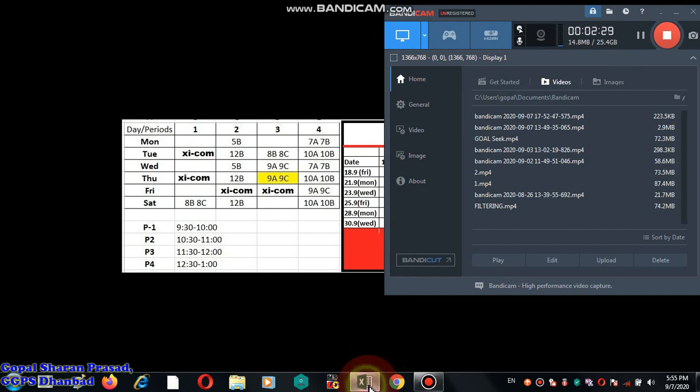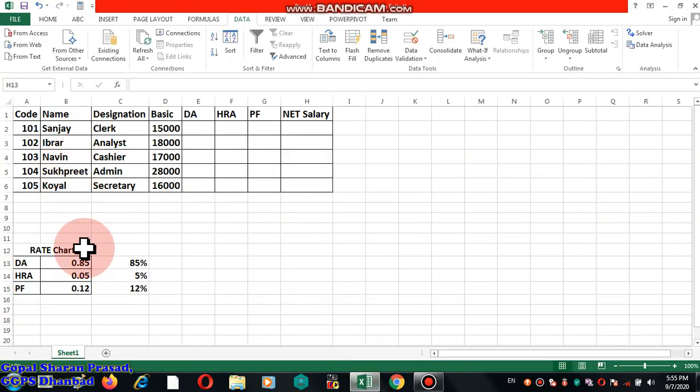I have this data, this one here. DA means dearness allowance, HRA means house rent allowance, PF means provident fund,